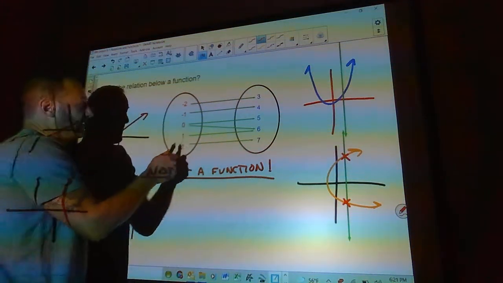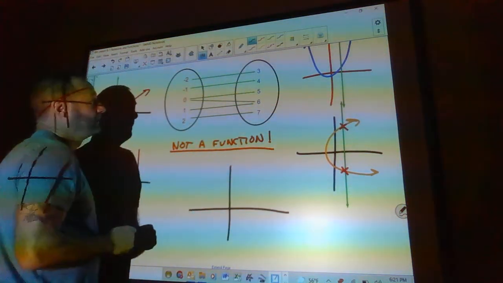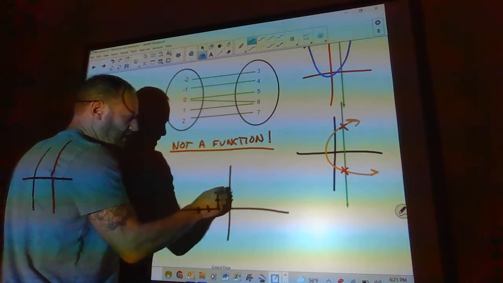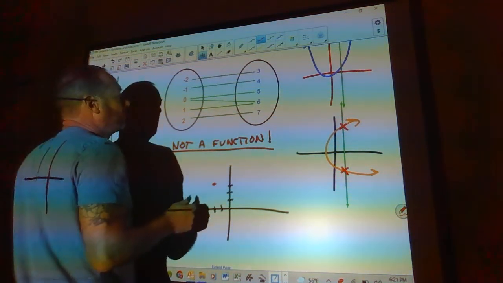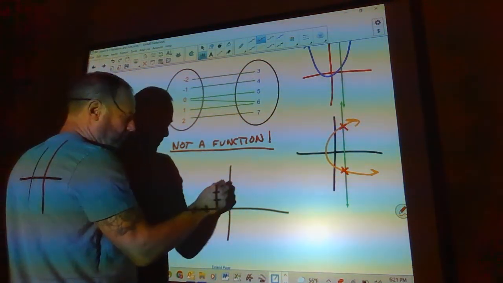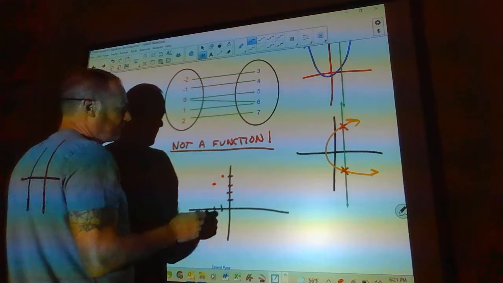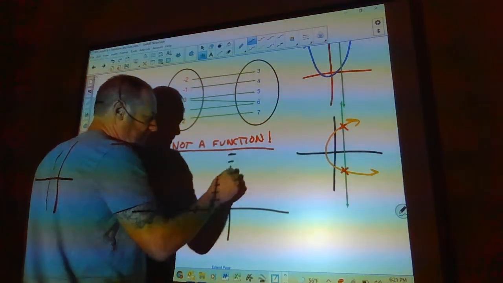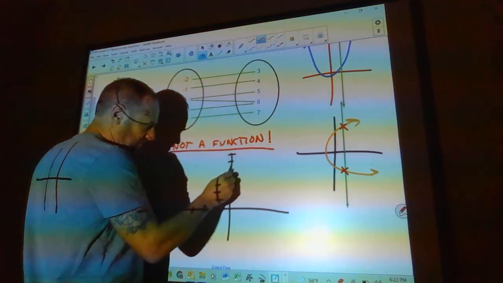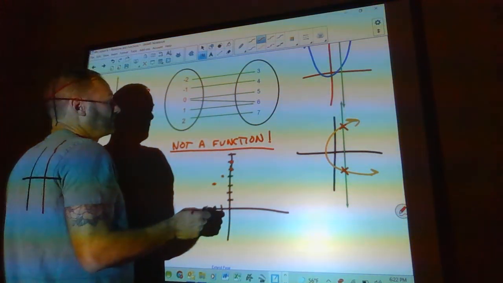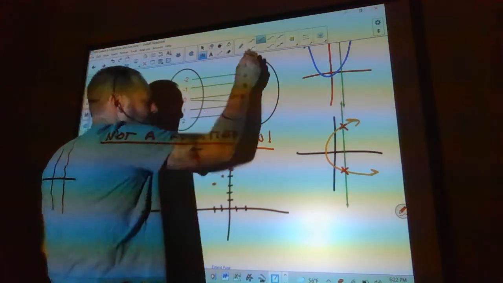Okay, so if I was to look at this, I could graph those points. Okay, so -2, 3. It wouldn't take me a whole long time to do this. That's not your best way to do it with points, but -1, 4 would be like right here. And then 0 would go to 5 and 6. So there's 5 and 6. And then 1 would go to 6, and 2 would go to 7. So I would have